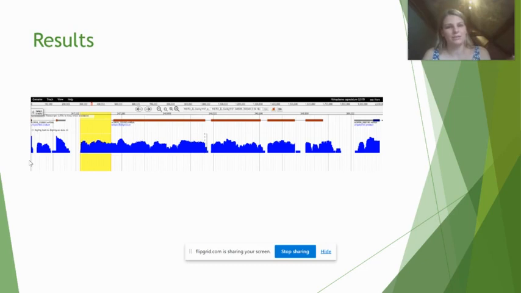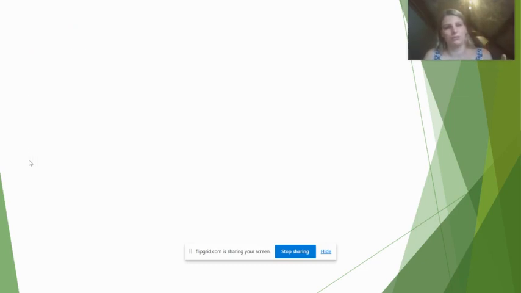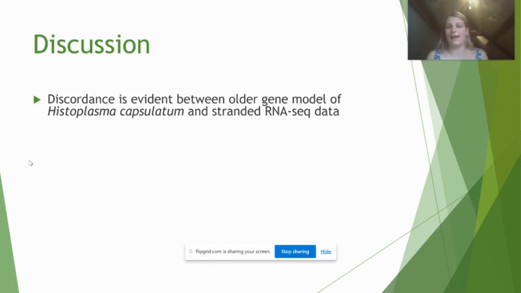And here you can see the end of the gene needs to be extended a bit further along, as the coverage plot shows. So the discussion. As I've shown with my results, there is discordance between the older gene model of Histoplasma capsulatum and